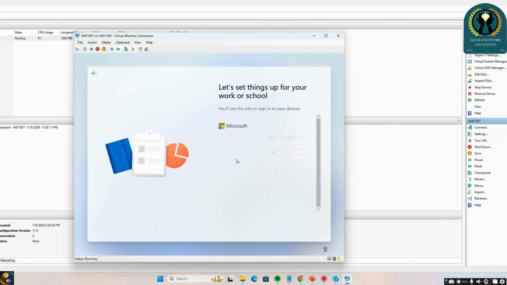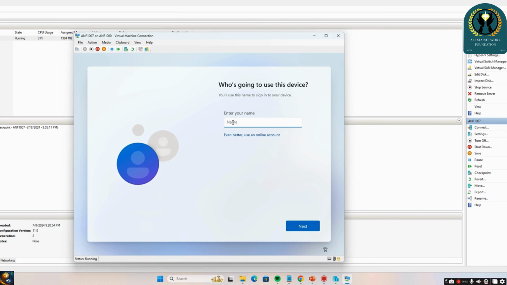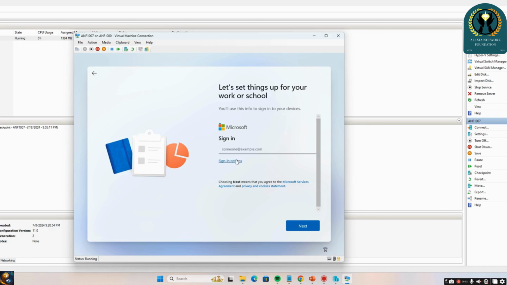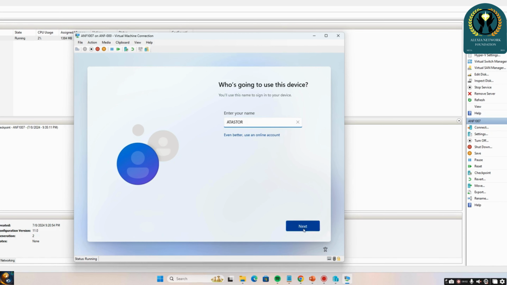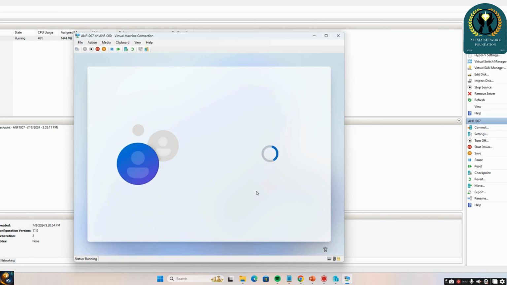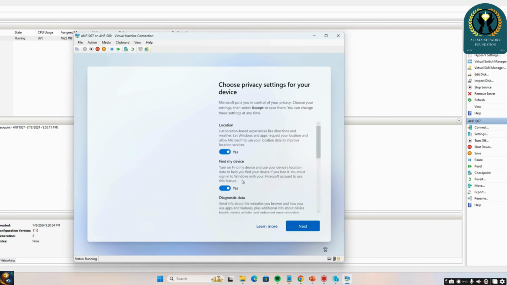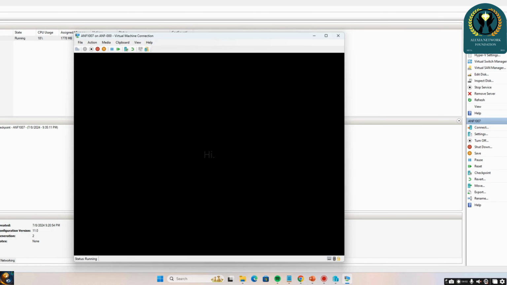All right, guys, I'm gonna click on sign in options. I'm gonna click on join a domain instead. That way I can create a local account. And then let's go with that. It's gonna be the name of that local account. Okay, the name of the PC. Okay, I'm gonna put my name. That's gonna go ahead and create me a local account, give me access to the computer. That takes some time, and as you can see, the Windows account is being created. And from there, we can go ahead and begin to use our Windows machine